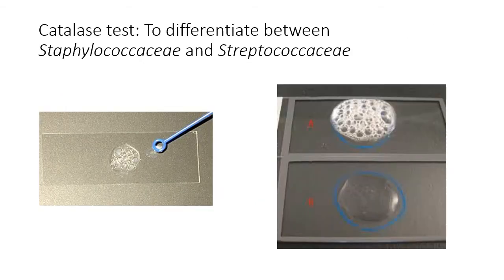Now, once we've done a presumptive differential diagnosis on the basis of the Gram stain and on the basis of the growth on blood agar or mannitol salt agar or nutrient agar, we need to now confirm our understanding. So we start performing certain biochemical tests, which really are tests which look for the presence or absence of enzymes.